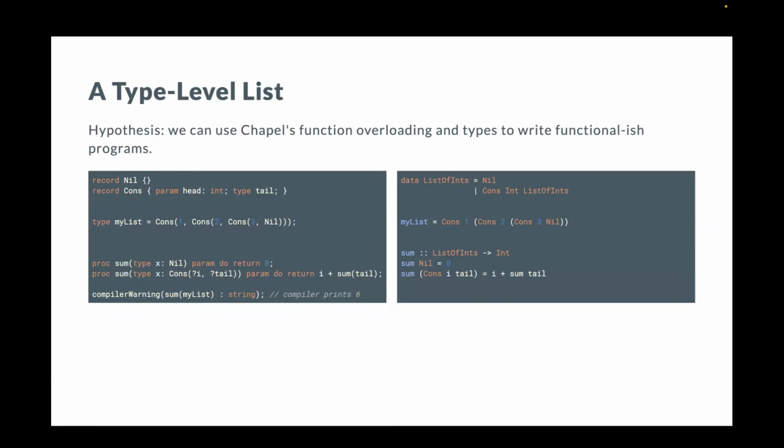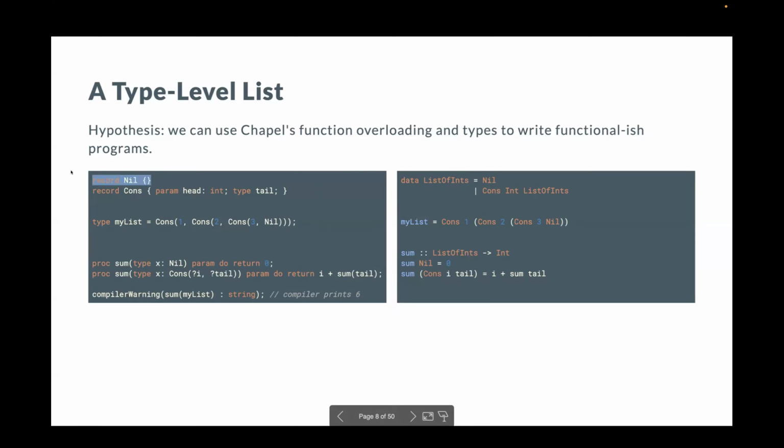So this is actually very similar to how Haskell does things. And in fact, you can encode a list in Haskell using Chapel's type system. So like I mentioned earlier, this list has nil and cons, the two constructors. And since in Chapel we're programming at the type level, we want to create types that correspond to nil and